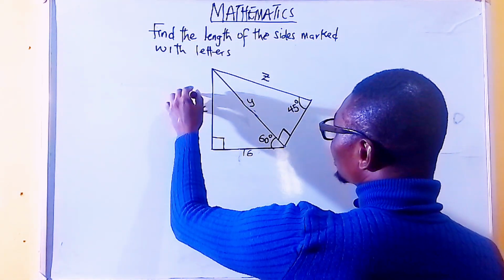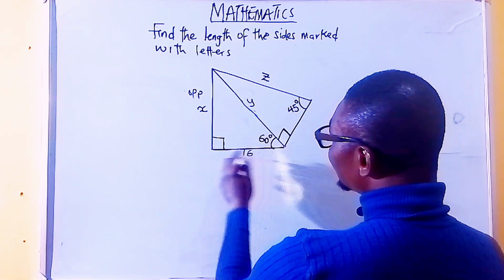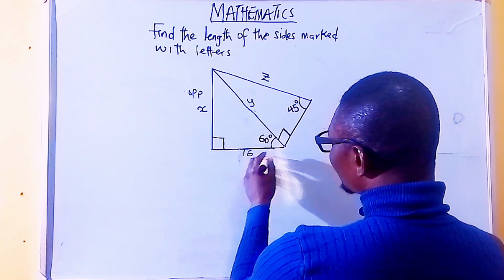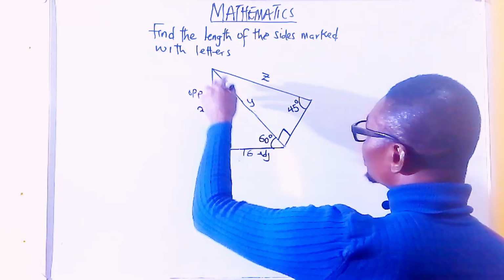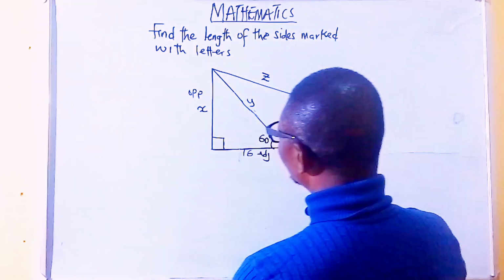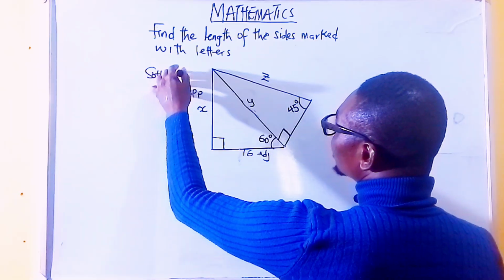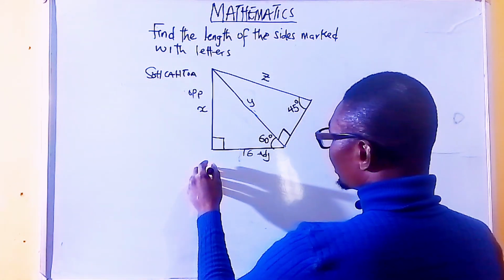This side is called the opposite side because it's facing this angle, 60 degrees. The side near the angle is the adjacent side. The longest side here is y, which is the hypotenuse. So using our SOHCAHTOA, we now have